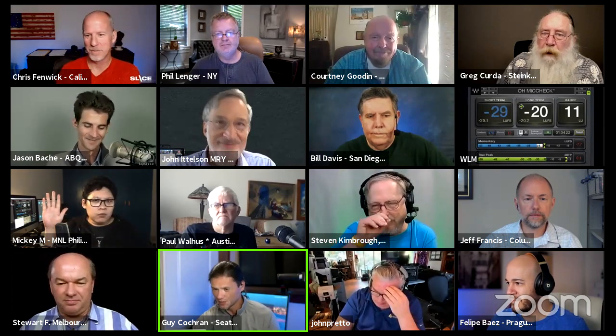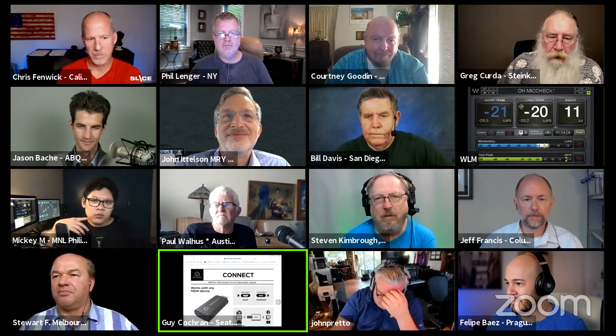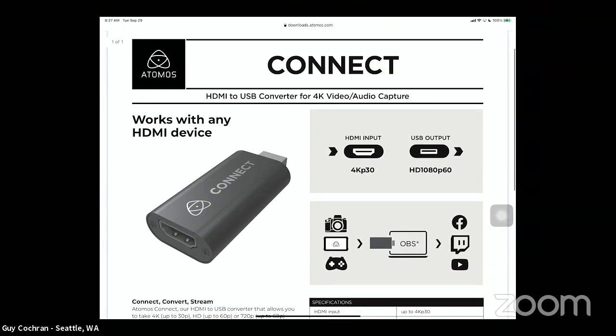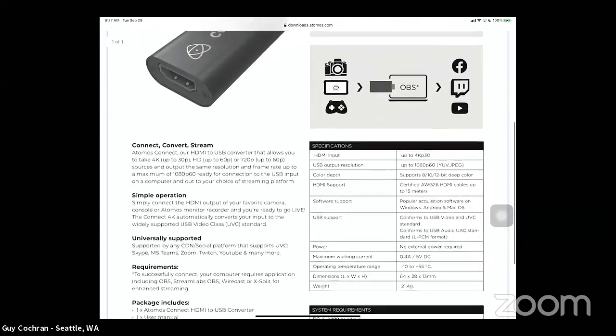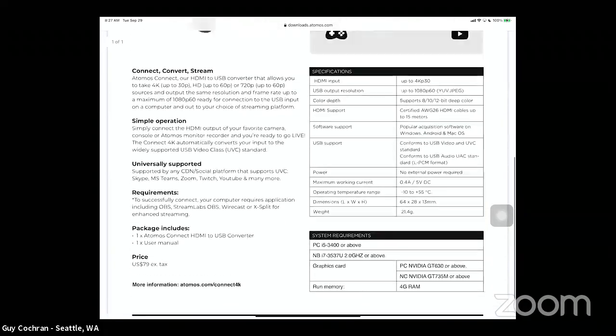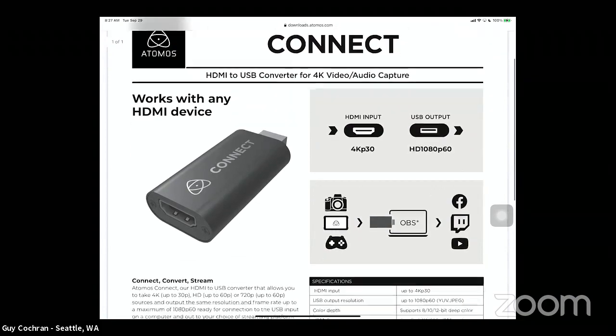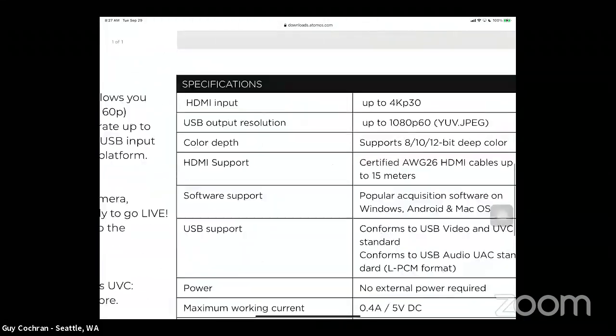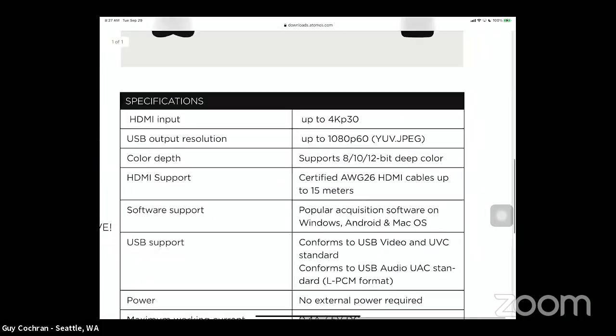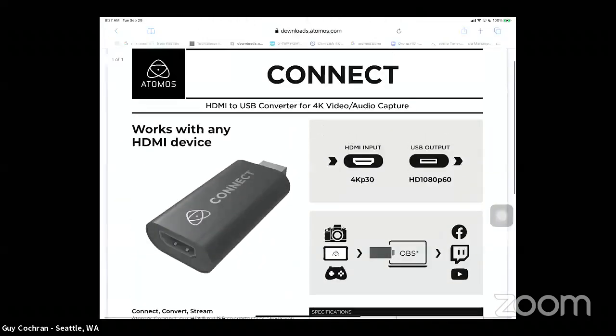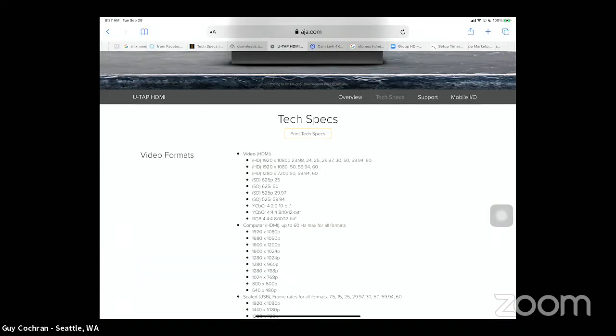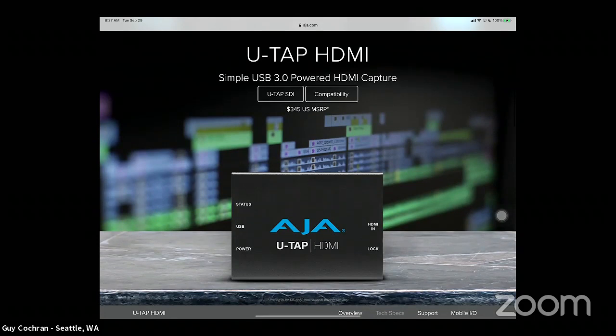I'm not sure if those have come in yet, but I'm looking at the specs, and I did test a couple of these different ones. And so this is the one that Laura's referring to. It's one that just got released for $79, works with any device. When I was testing some of these inexpensive ones, I mean, I'm talking down to $20, there was an issue with the color. So you want to be careful of this YUV JPEG versus MJPEG. So when you look at one like a $345